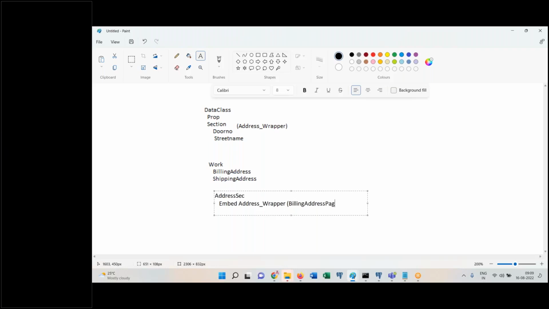What is the page name? Just for your better understanding, you're writing page. Okay, billing address page. At runtime, this will become billing address dot door number, billing address dot street name, like that. Similarly, one more time, I'm going to embed address underscore